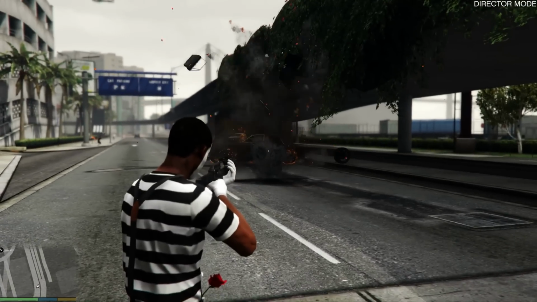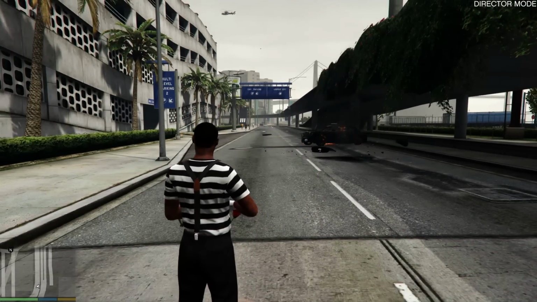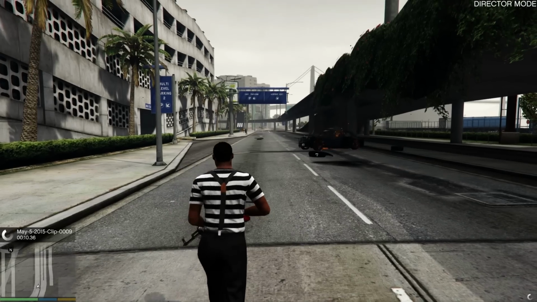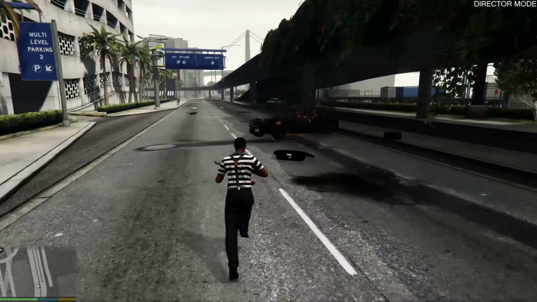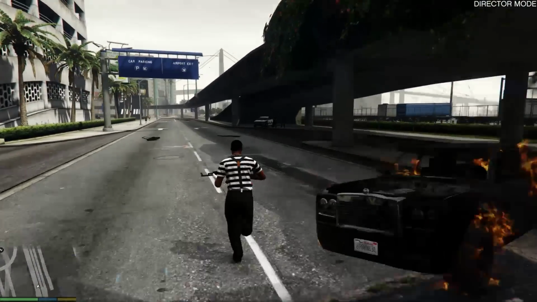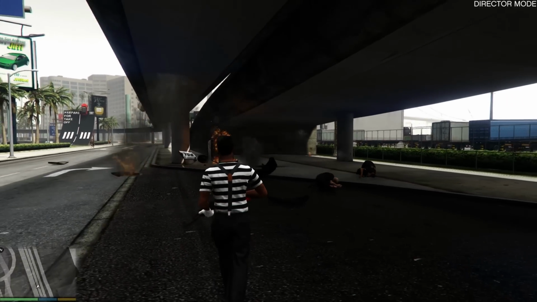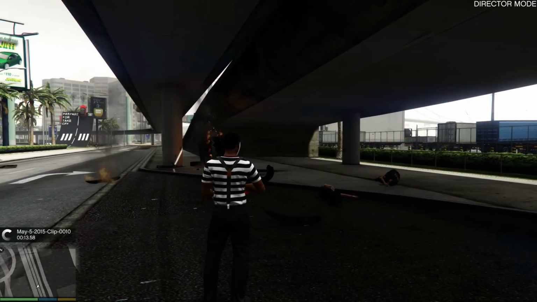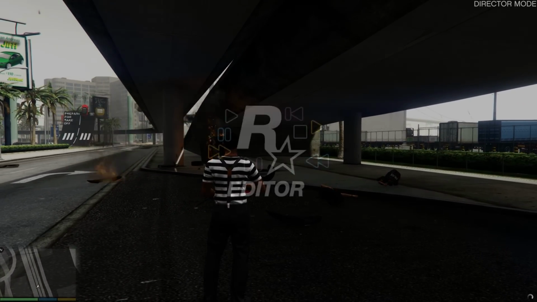In this tutorial I want to show you how to create awesome videos with the Rockstar editor that is included in the PC version of GTA 5. This video is about more than only the controls of the editor. You'll become a gamer version of Christopher Nolan with these tips. This is a complete workflow for your machinimas and movies and stunt montages and whatever.